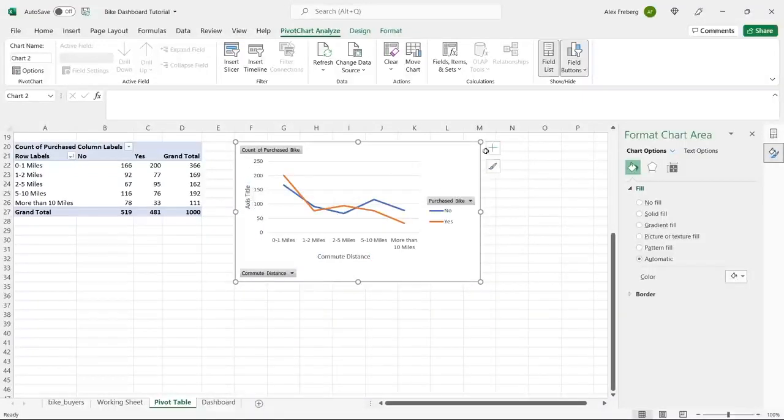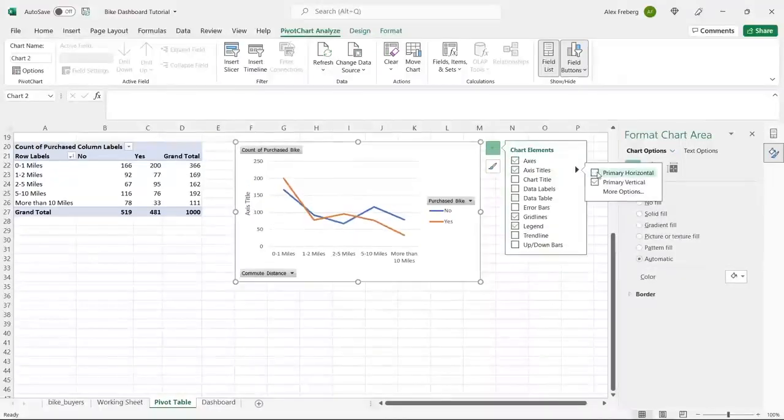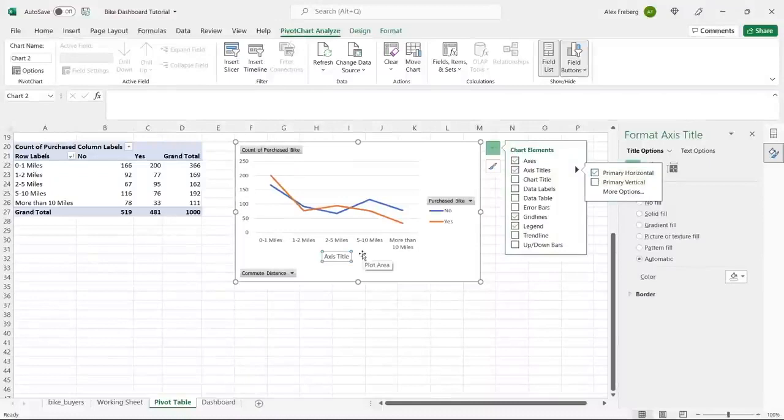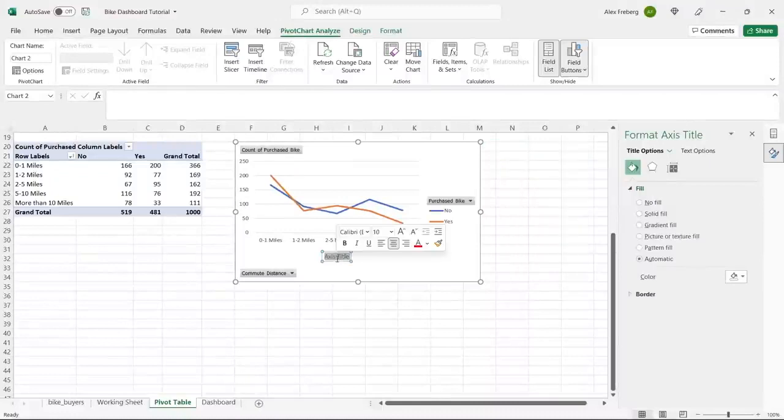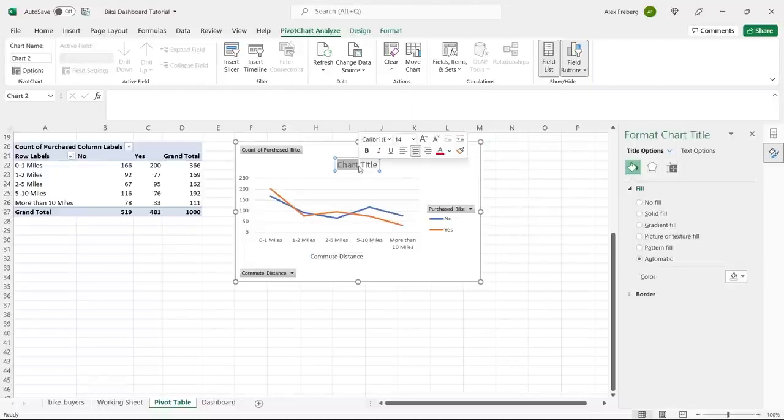Do we have to keep this one? No, there we go. I'm just going to do just one and say commute distance. And let's add a title. Chart title, we can make this one, let's say distance